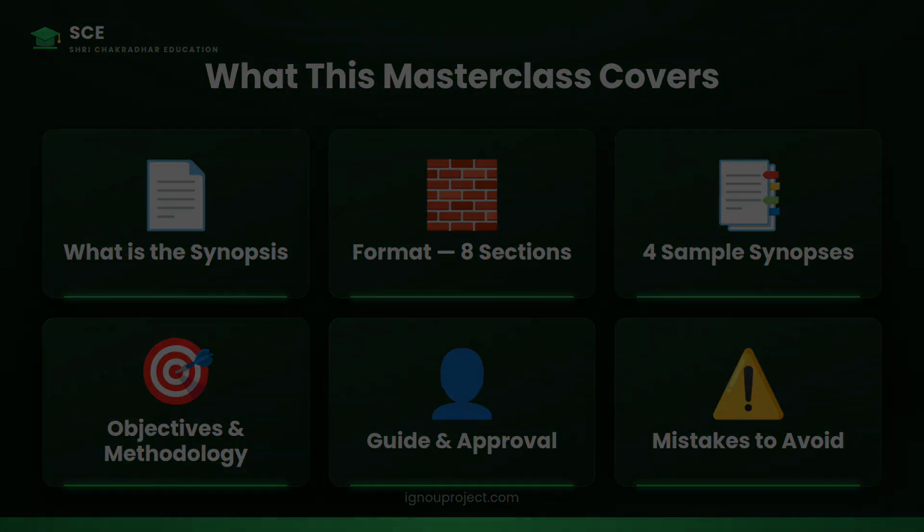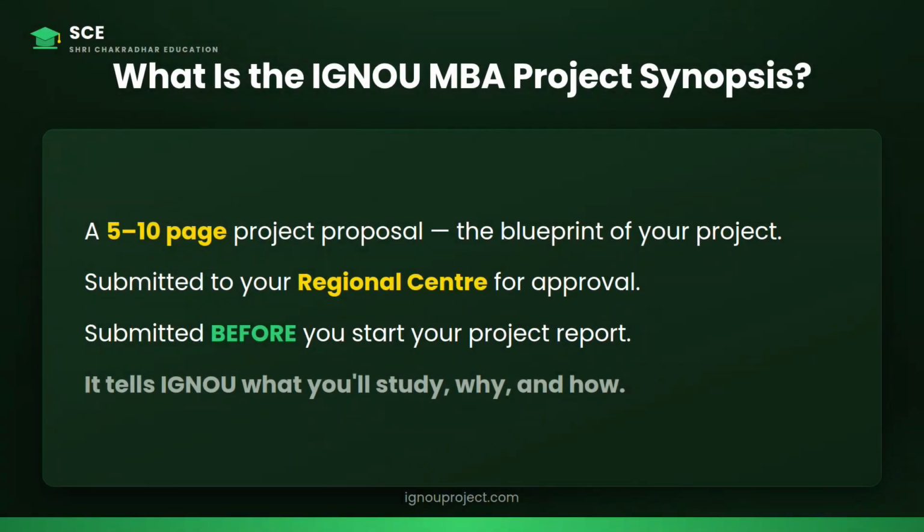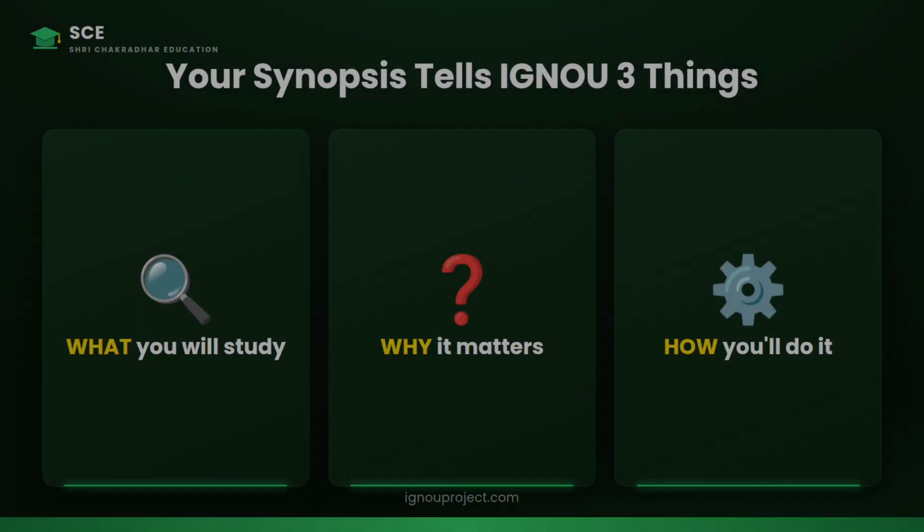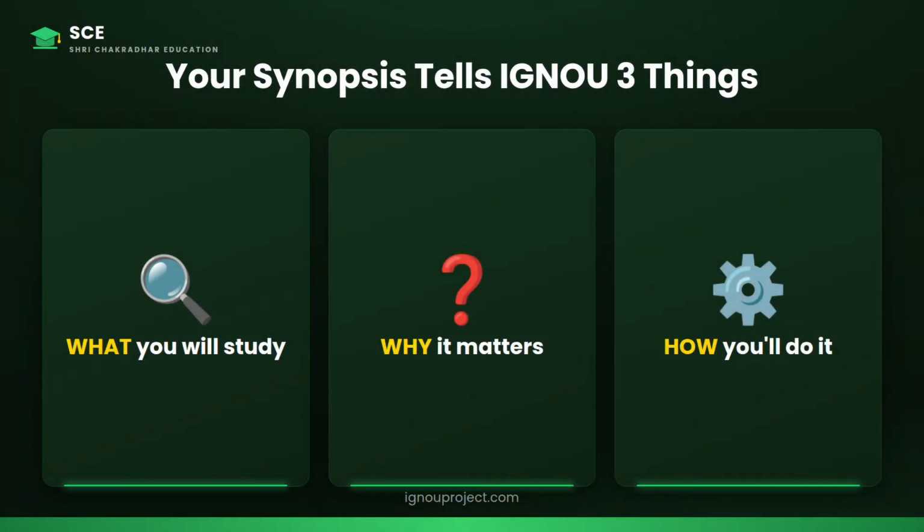Let's begin with the basics. What exactly is the IGNOU MBA Project Synopsis? The IGNOU MBA Project Synopsis is a short, structured plan of your MMPP-001 project, usually 5 to 10 pages, that you submit to your regional center for approval before you start your research and report. In simple words, it is the blueprint of your project. It tells IGNOU 3 things clearly: what you intend to study, why this study is worth doing, and how you will carry it out. Once your regional center formally approves this blueprint, and only then are you allowed to begin